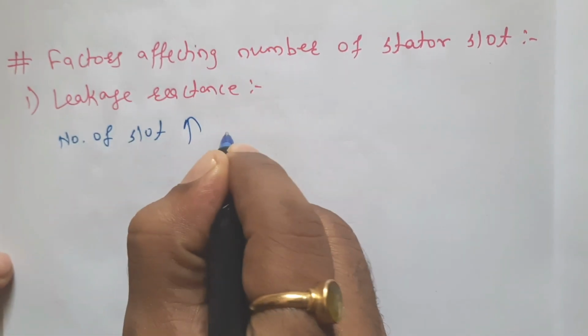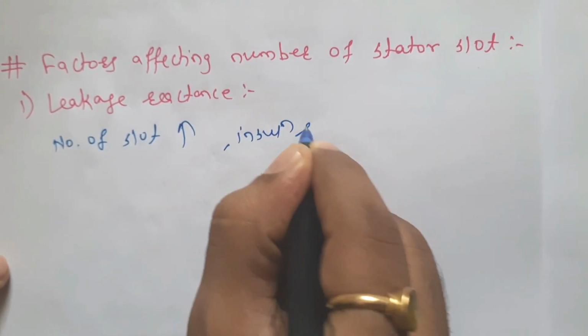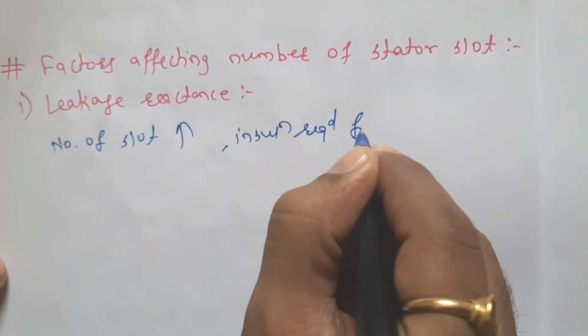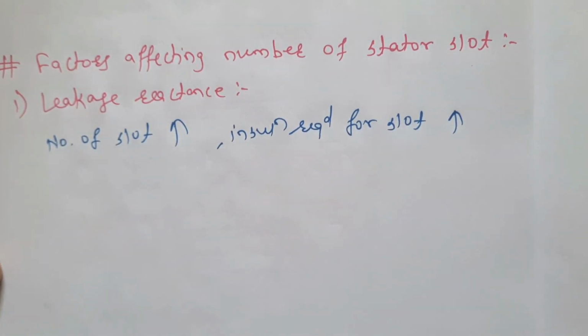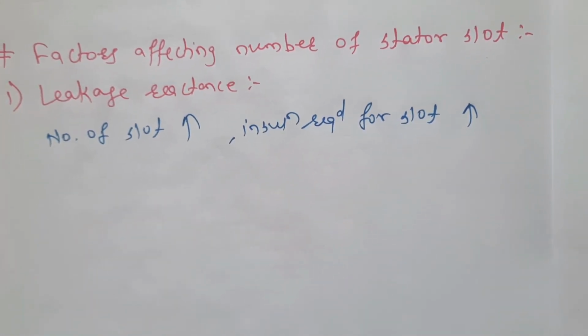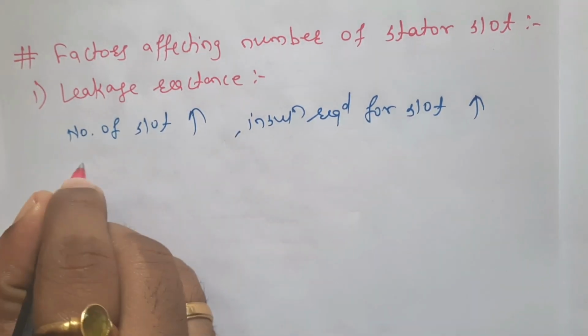then insulation required for slot also increases, since this insulation acts as a reluctance for flow of leakage flux. Therefore, leakage flux